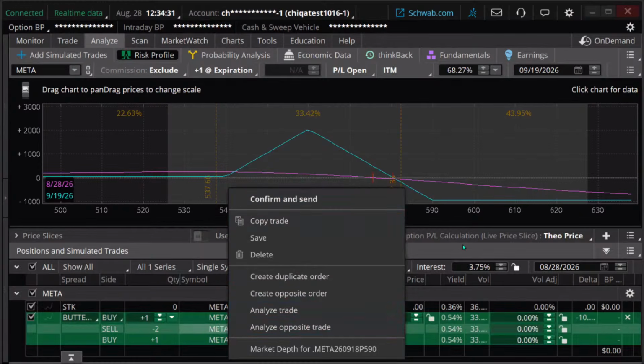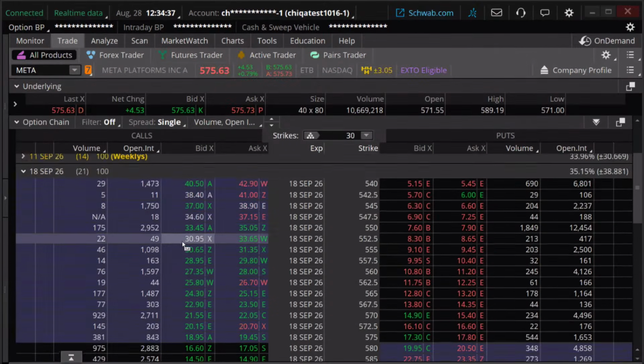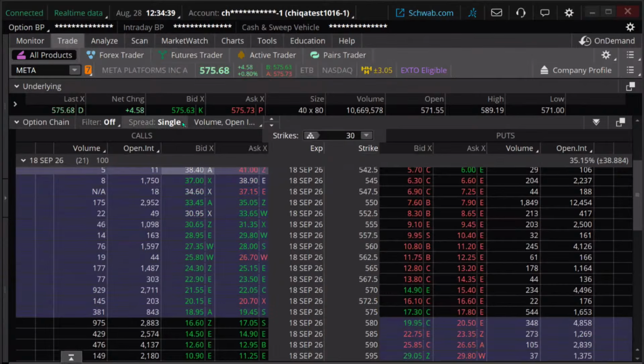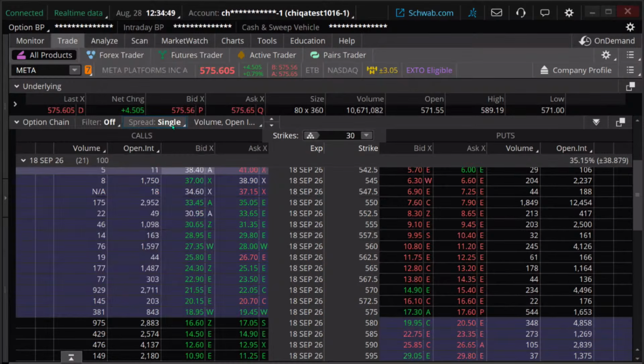So I'm actually going to send this one here. Well, you know what we're going to do? This is what we're going to do. I'm going to go 590, 560, 540. Let me go to the Trade tab and just show you how you do that. By the way, you can enter these in individually. If your spread is single, you can change it to butterfly like we did on the other, but if you have a single trade, you could say,